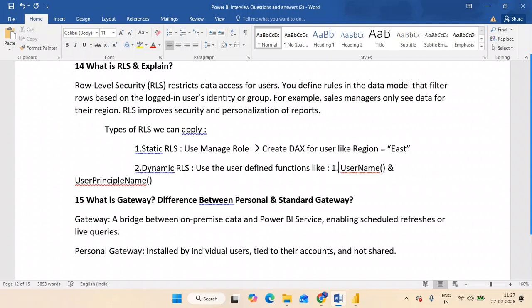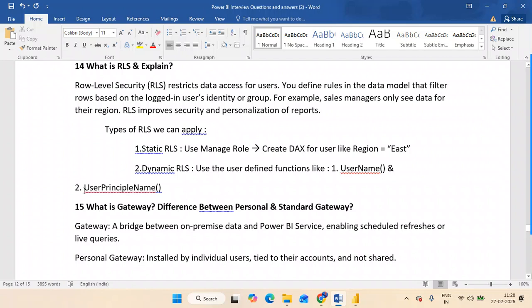One is username. For example, if I'm working in one company, I should have a domain name or username. Second, I should have an email. That comes under the user principal name. So I can give the security based on the mail ID.